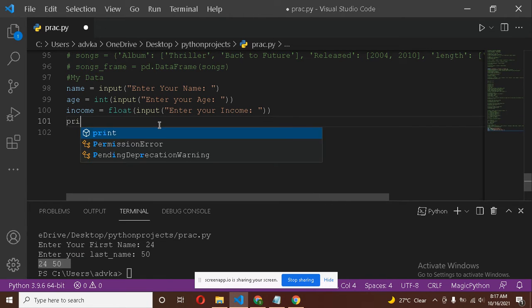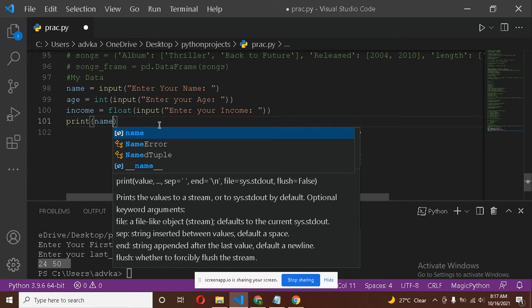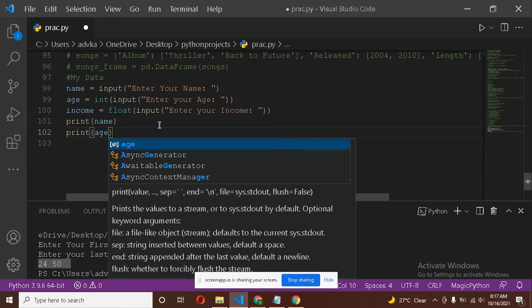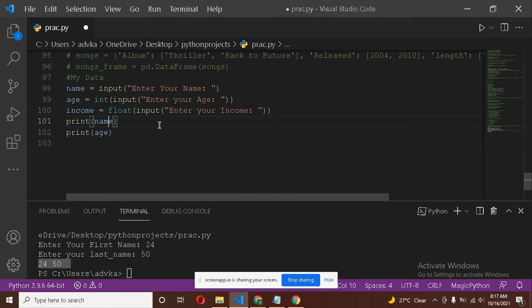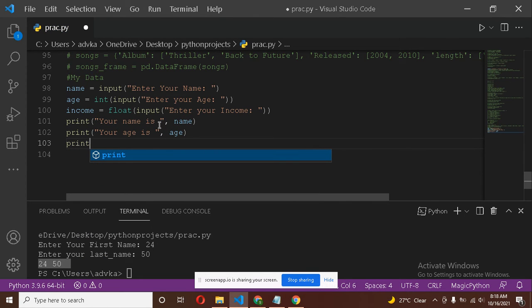So now we will print name. Okay, then we will write here print your age. Okay, a little bit of change in this program. So I will write here your name is, okay, comma. Now again your age is, okay, and comma. Okay. Now we will print